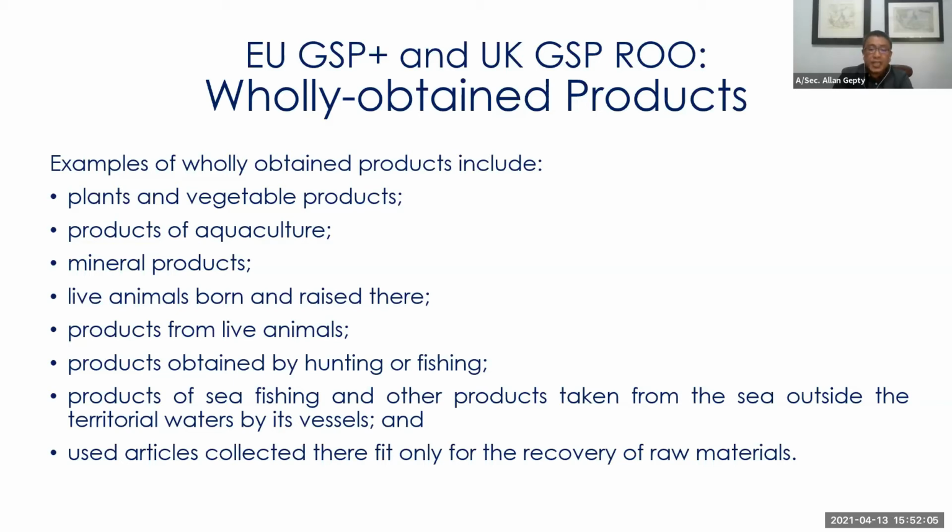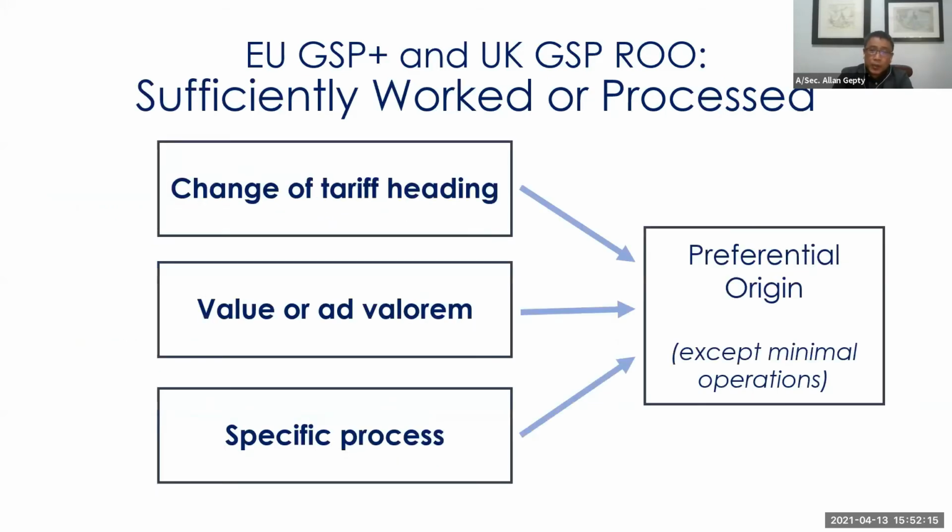So generally, this would involve natural products such as plants, vegetables, mineral products, live animals, among others. Now, the other rule that you have to comply with is for a product to have undergone sufficient work or process. Now, there are three areas by which you can claim that the product underwent sufficient work or